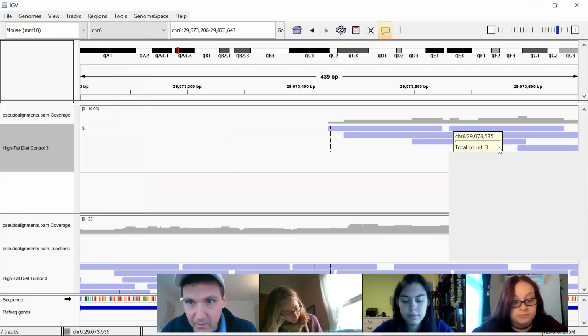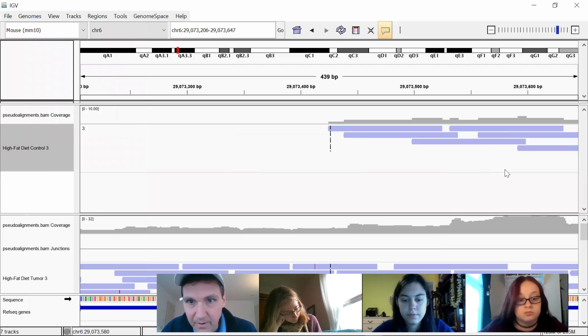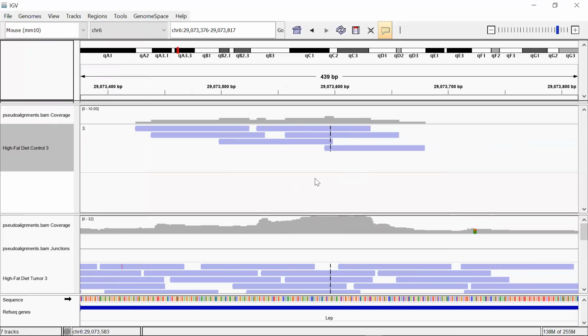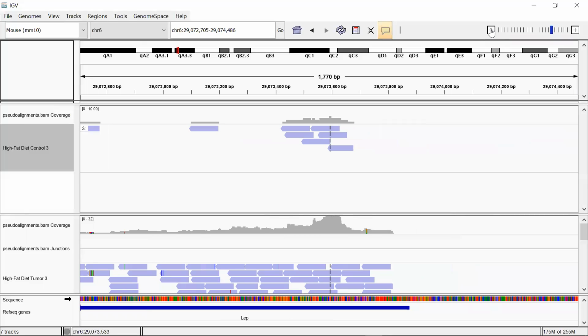Let's see. A few other things that are nice about the IGV here. One is these little gray bars on top. You can zoom in and out a couple of different ways. This little bar up at the top right allows you to hit a plus or minus to zoom in or out. And if you put your mouse over the